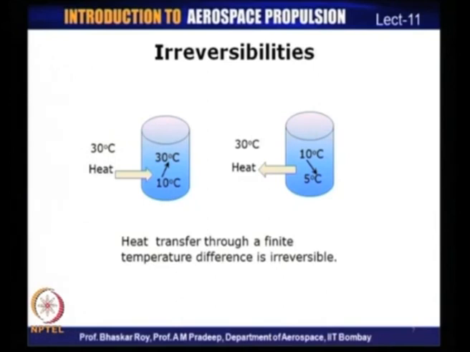Now, if this process were reversible, then it should be possible to transfer heat from the system at 30 degrees Celsius back to the atmosphere and bring the temperature back to 10 degrees Celsius. We know that this is not possible because it violates the Clausius statement, not without any work done on the system. That is what is shown on the right hand side: cooling a system originally at 10 degrees Celsius to 5 degrees Celsius is an impossible process, as it has to transfer heat from a low temperature medium to a high temperature medium, which is impossible naturally.